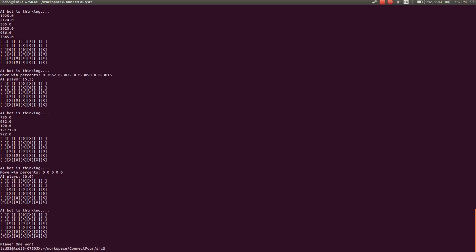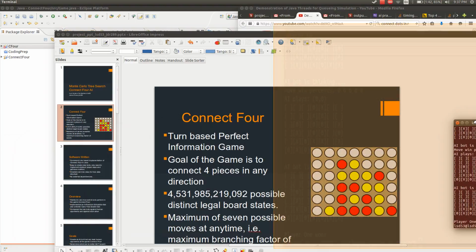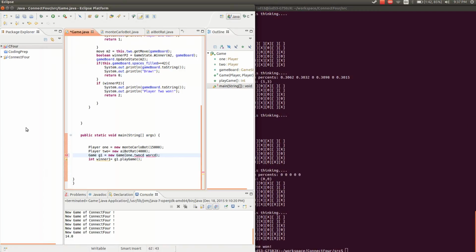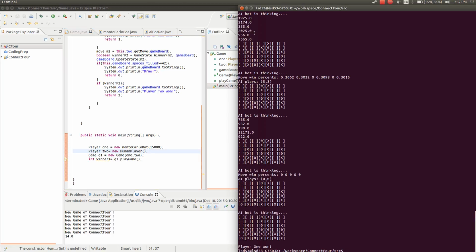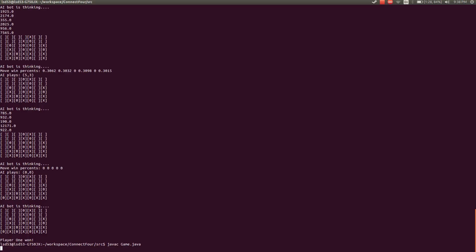On average, player one wins a lot, and since the parameter I used in this one was more than 10,000, player one will always win. So I can easily create a game against a human player. Let me just do that, and then we can easily recompile the game